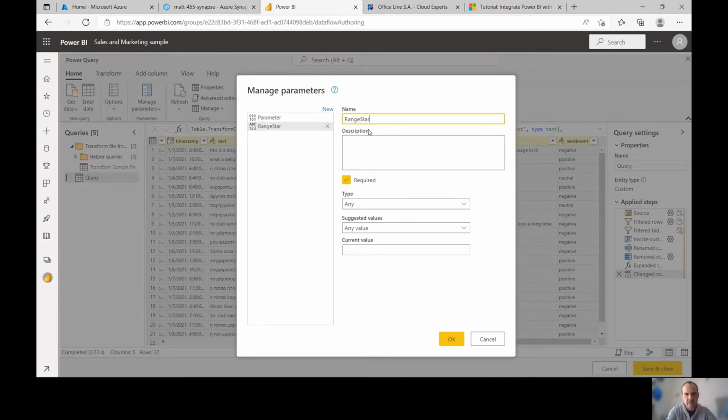Range start is the first one. It should be a datetime parameter, and as it marks the beginning of the period that will be used to get the new additions in your data set, and in the first run you should ensure that you load all the data.